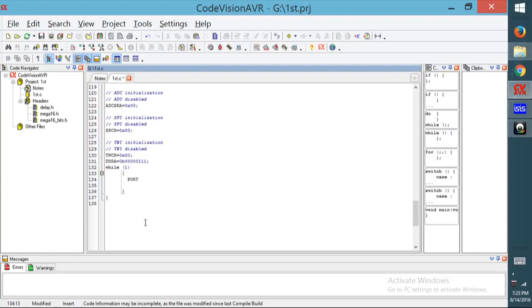By using the PORT command, we can define the state of the pin, either on a higher state or on a lower state, by defining a number 1 or 0. Here we are using the 0th pin and we will define it on the higher state. So it is on the higher state, and now we will write all the other pins on the lower state. So at one time only one LED will glow.